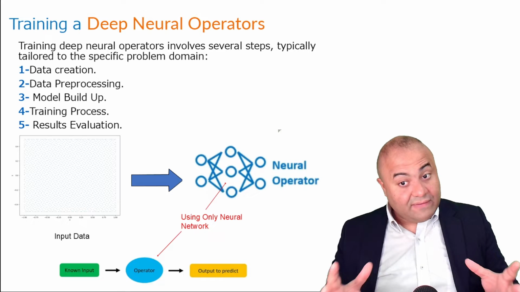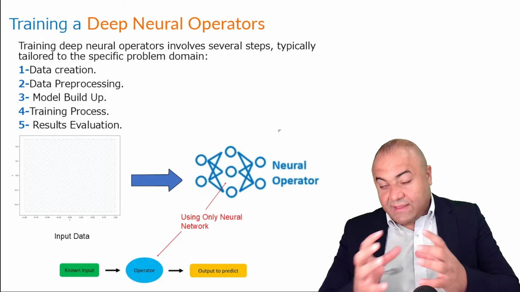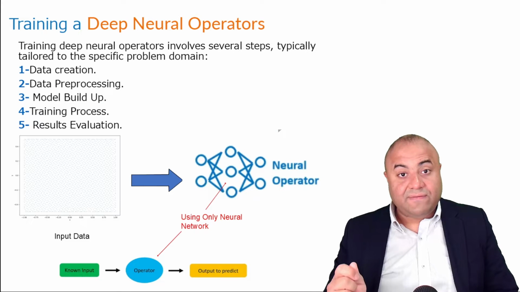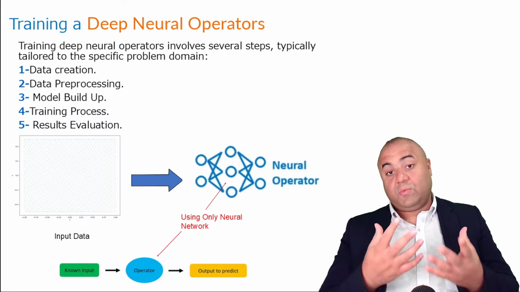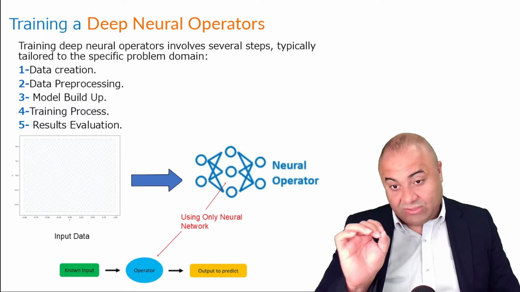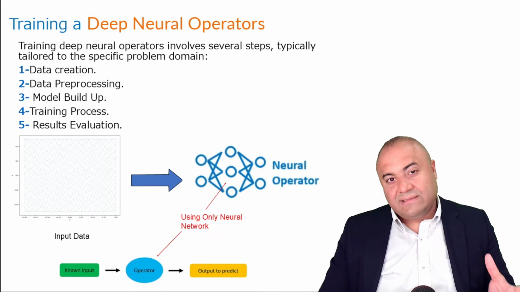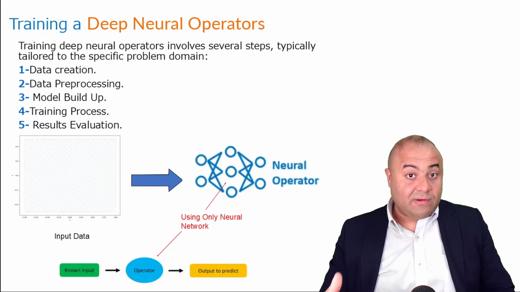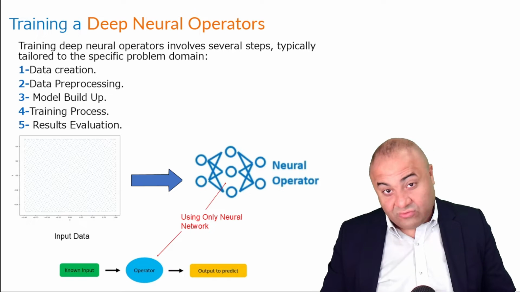As we said, we don't give this network anything related to the physics, how these variables are related to each other. We just don't give it. So what we have to do is to give this network data, lots of data, as much as possible. And we will do it in this course, and we can see how many data we need. This is the problem of the deep neural operator: we're not relying on giving the neural network the actual physical system, how it's related to each other.